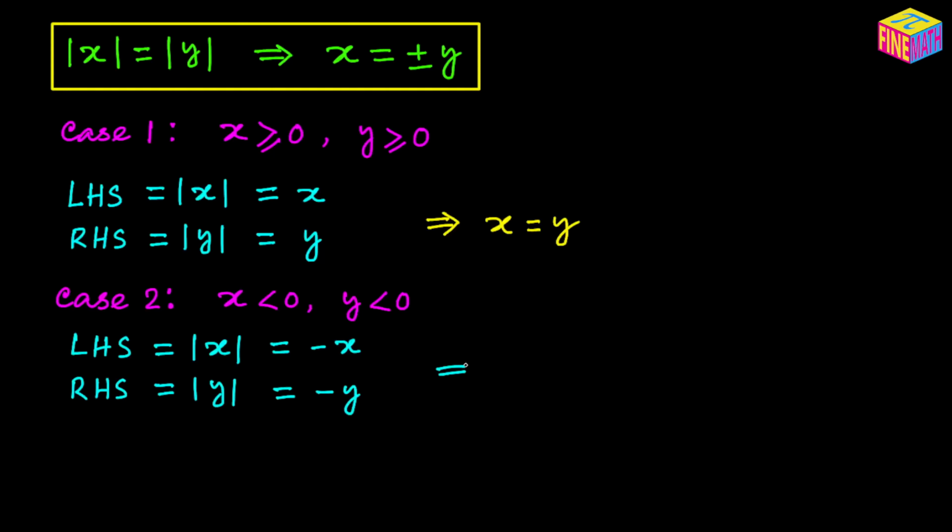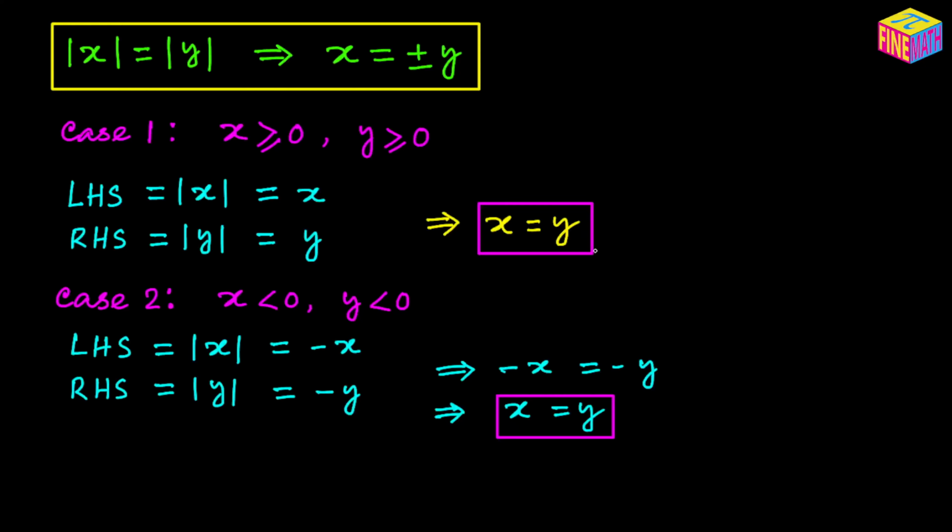And from here, because modulus of x is equal to modulus of y, we can say, well, then negative x is equal to negative y. And from here we can say, well, if we multiply both sides by negative 1, that will give us x is equal to y. So let me highlight them. So far we are seeing that x is equal to y. Right? We have 2 more cases to consider. So let's now go for